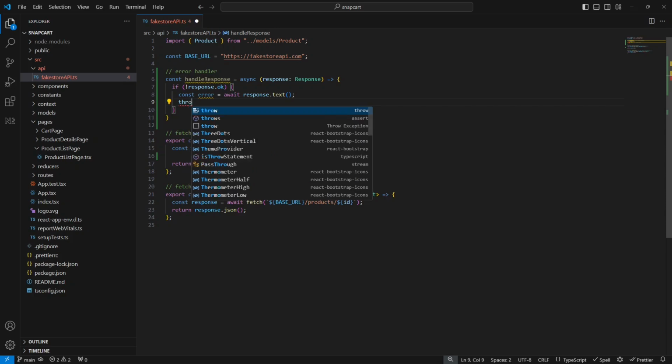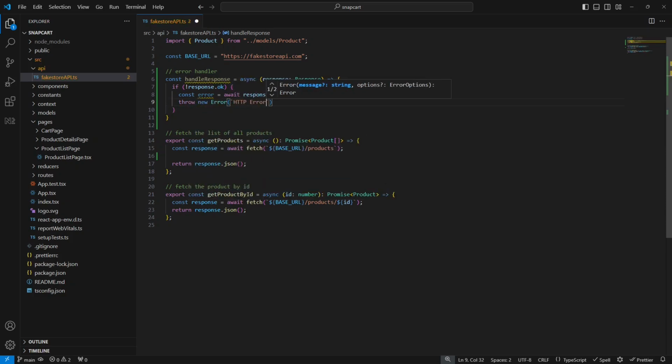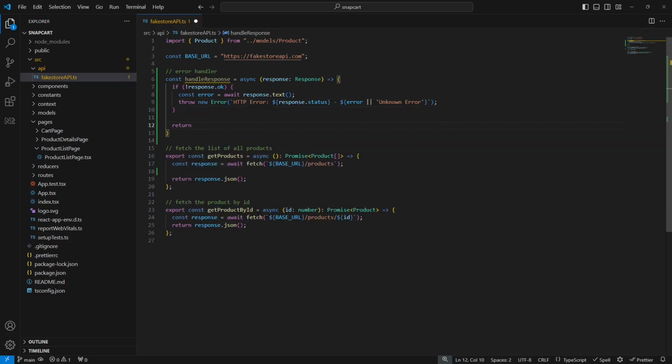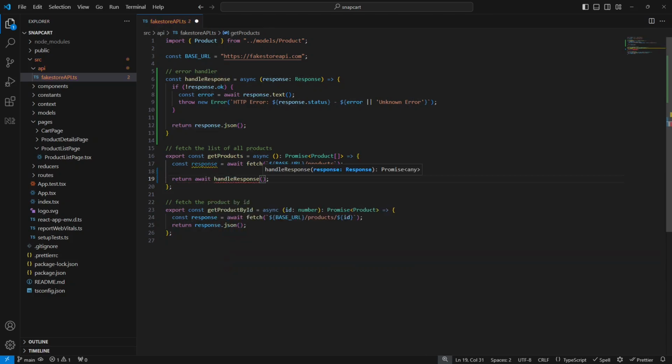And then we can throw a new error where we intimate of the response status. Then if we are getting some text from the error, we take that error message, else an unknown error. And if everything is fine, what we would do, we would return response.json. Now, instead of doing this, what we can do, we can just return await handle response, and we can pass